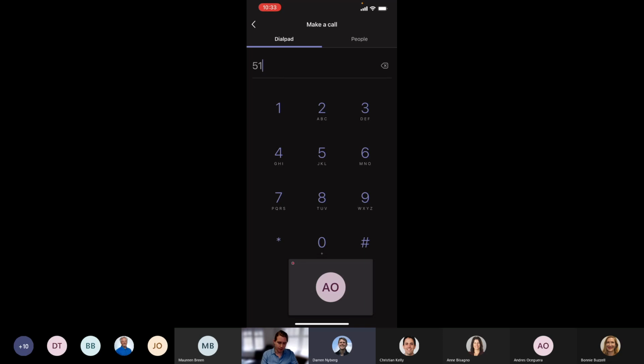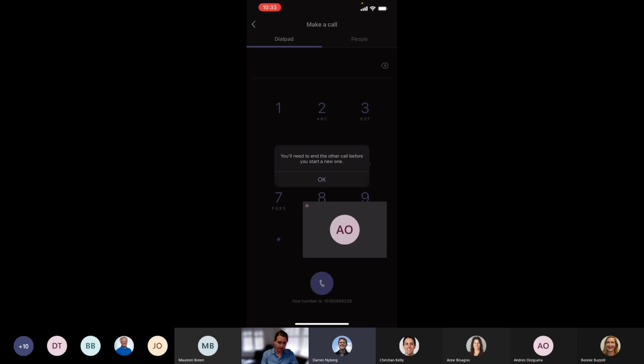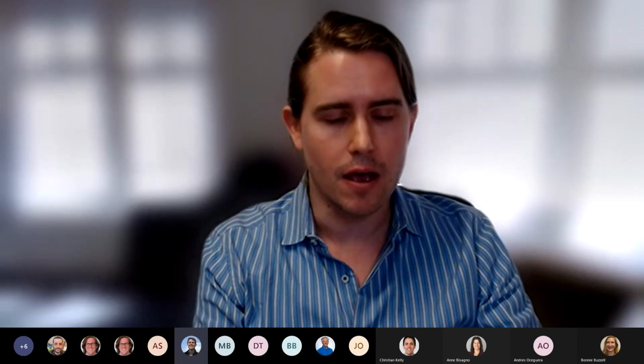From this dial pad, I can dial a phone number. And you're probably hearing my phone a bit. And then I could hit call. Unfortunately, I can't make this call right now because I'm already in this meeting demonstrating the app on my phone. But as you can see, it's very straightforward and looks very similar, near identical to the desktop app, and really doesn't give you a whole lot of much else. It gives you the basics. Hey, now I can make phone calls from my Teams app that I couldn't make before. So now that I have it on my mobile device, I can make and receive phone calls anywhere I am, and it looks just like a regular phone call as it comes into my computer.